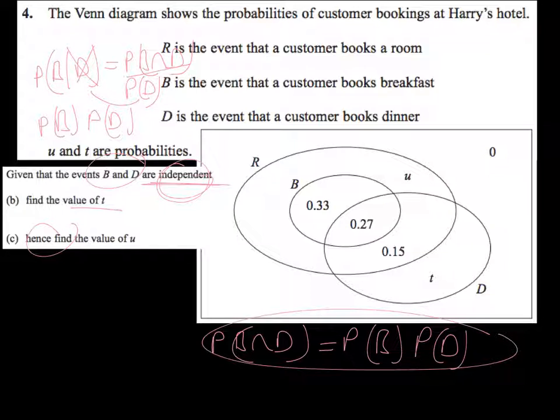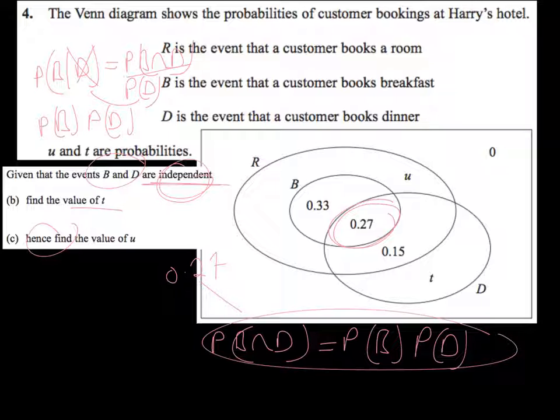So how do we interpret this from the diagram? Well, the probability of B and D occurring is going to be found from the intersection between B and D. So from the Venn diagram, we can see that that is going to be this region here, 0.27. So now all we've got to do is find the product of B and D and see what that